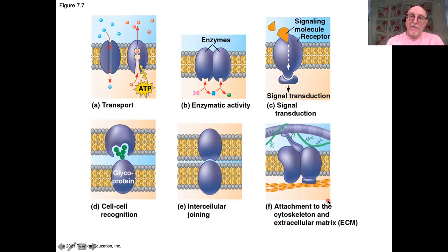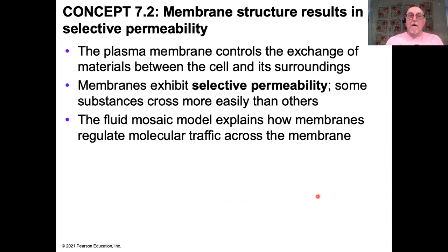And that is there are specific proteins embedded in the membrane which are responsible for attaching the membrane itself and hence the whole cell to external proteins and elements which provide cell shape and cell stability. And in addition, they attach to elements of the cytoskeleton on the inside of the cell. So there's 6 major functions of these integral proteins. All right, so